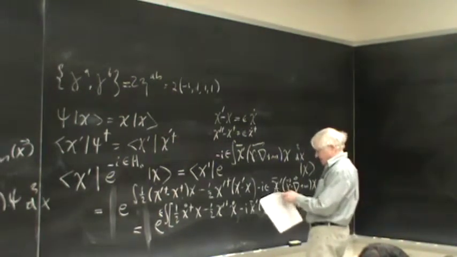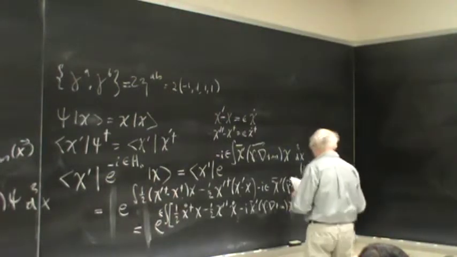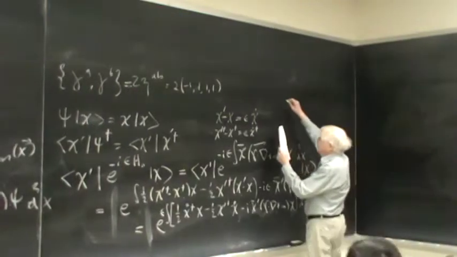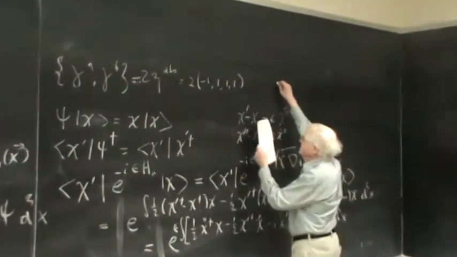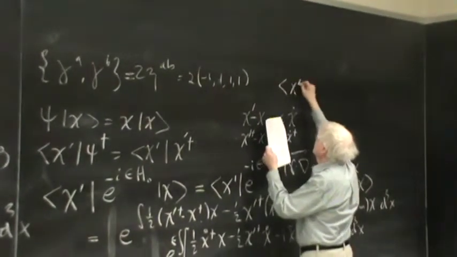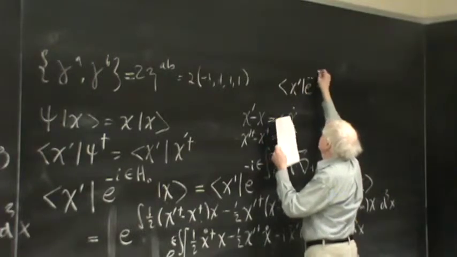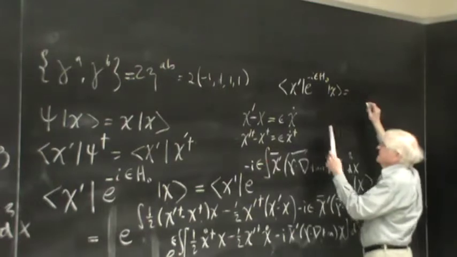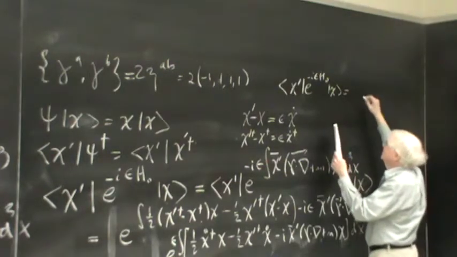So what we can say is that, well, maybe I'll do this. Maybe I have enough space here. Chi prime e to the minus I epsilon h0 chi is then